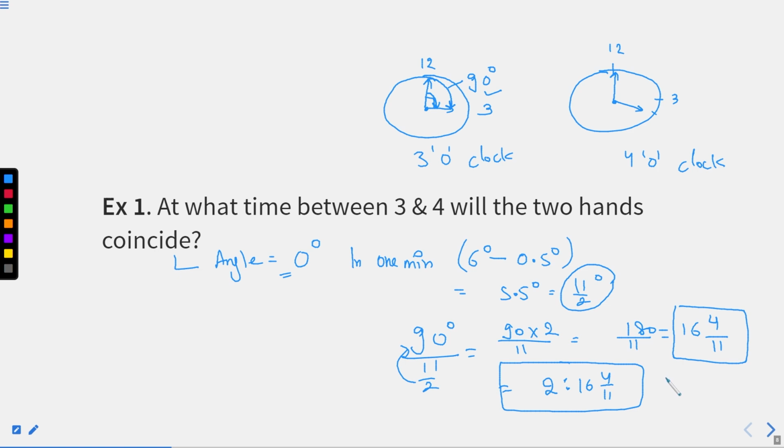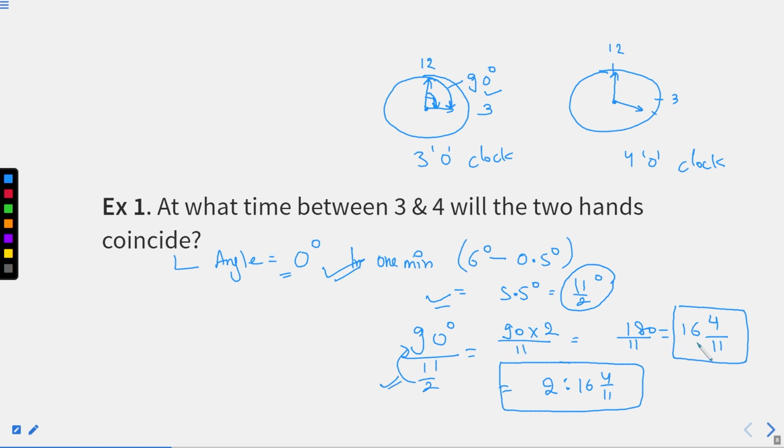I have explained this much because this is the first time you are solving this question in this chapter, right? As soon as we'll move forward, you will get clear understanding. Why we use this step? What is the purpose of writing it in fraction form? And how much distance we have to cover this time? 90 degrees. In 1 minute we are covering 11 by 2. So 90 degrees will be covered in how much time? So 90 divided by 11 by 2 will give us the time.